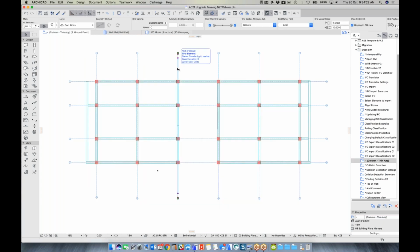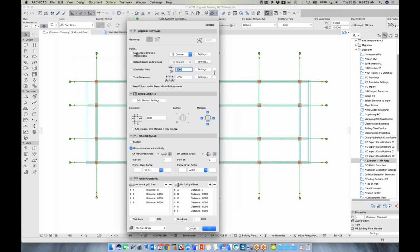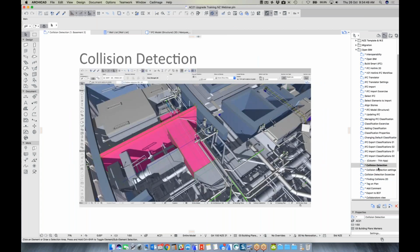select the grid, make sure it's grouped, and go to Design, Grid Systems, click the Place Grid Line Intersections, and then click OK. There'll be another palette that will say continue or undo. Just go continue, and that way it will place those columns onto our grids. Once everyone has those columns in their grids, or they've brought in their IFC file, we can move on to